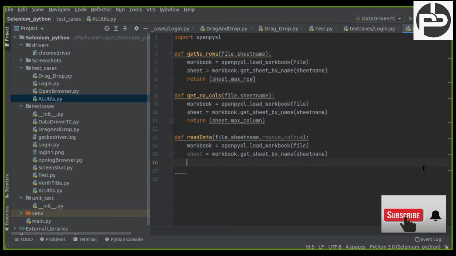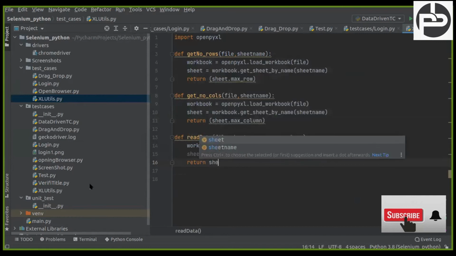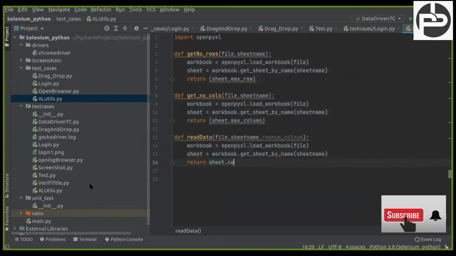Okay, so hope you are understanding. Now we loaded our sheet. Now with the sheet we need to capture the value. How we can capture the value? sheet.cell, and here we are going to pass our row and column value, and it will return me the cell. So row is equal to this, and here we are passing the row number,